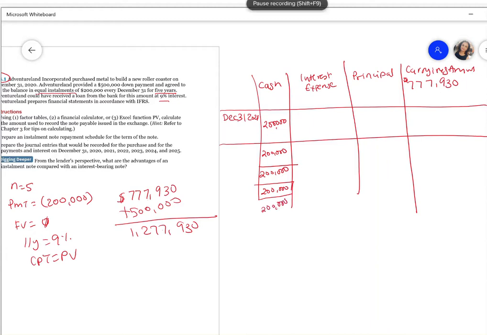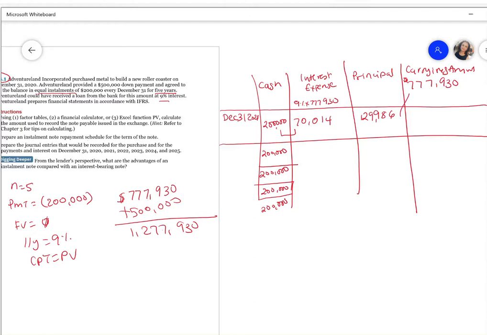When we make the payments, we pay the interest. The interest is calculated using the rate that is given to us in the question. In this case, the rate given is 9%. So my interest is calculated using the 9% on the carrying value of the note. When I multiply 777,930 times the 9%, I get, rounding it up, 70,014, and the difference between those two is the principal that we paid, which was